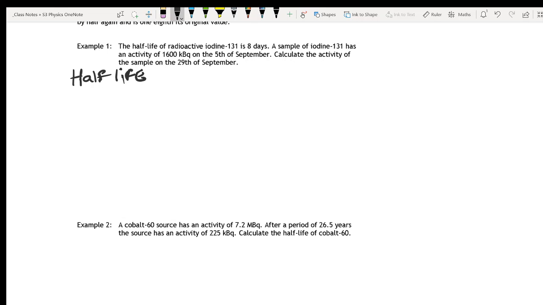Half-life is 8 days. We also know that it originally has an activity of 1,600 kilobecquerels. So we can say original activity